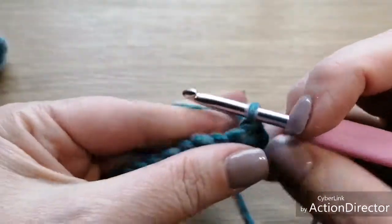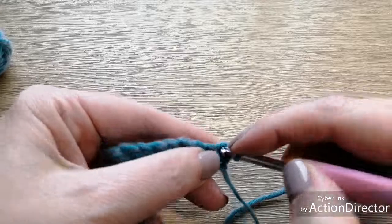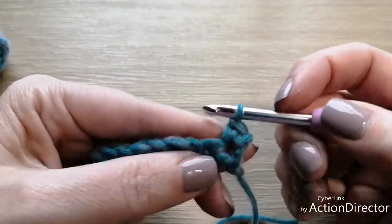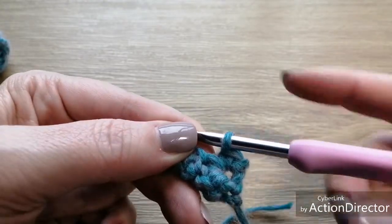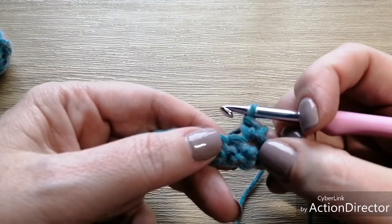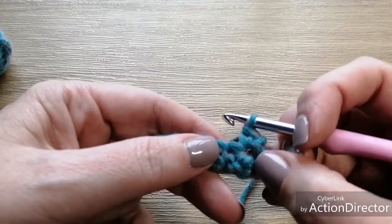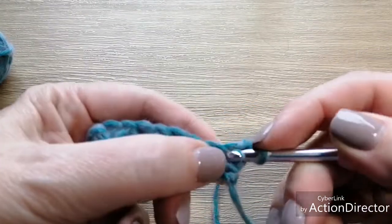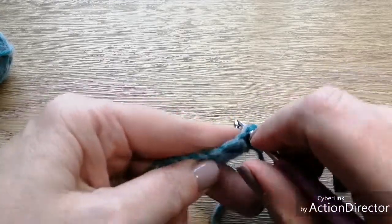So chain 1, and then we do 1 single crochet in the first stitch, and then it says single crochet 3 together by inserting the hook in the same place as the previous single crochet, and then in the top of the cluster and the next chain space, and that's all on the previous round. So we are working 1 single crochet into the last stitch, then we're going to work 1 single crochet